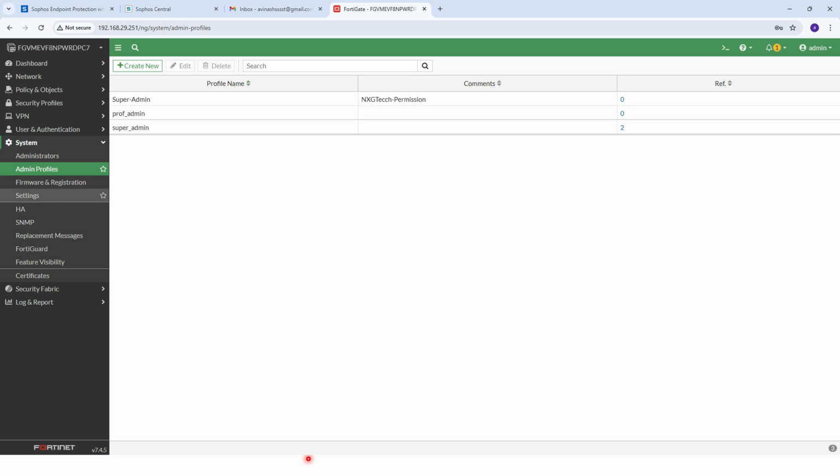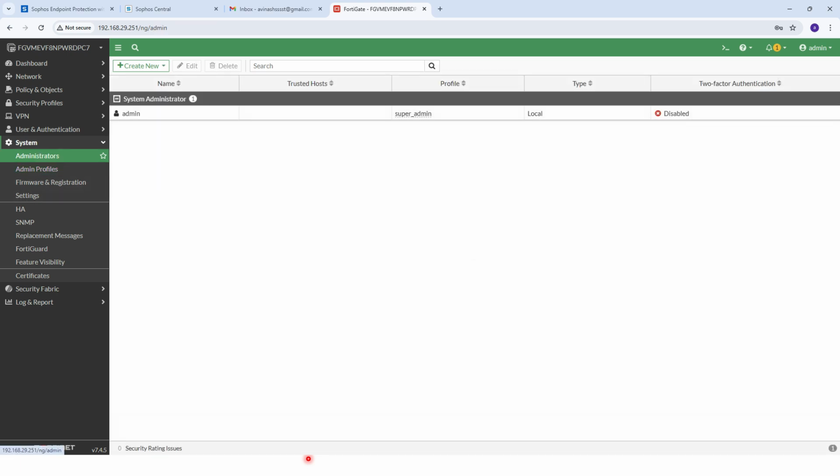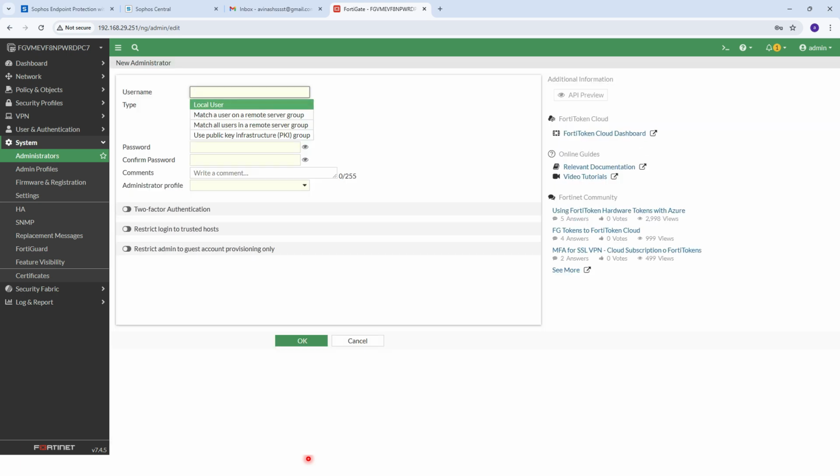Once you are done, then you need to create users. Go to the administrator section, you can create new users. Here you need to select administrator, then give the username. Don't give admin because admin is already taken, so we need to give NXG, and here click local. After that create a complex password.